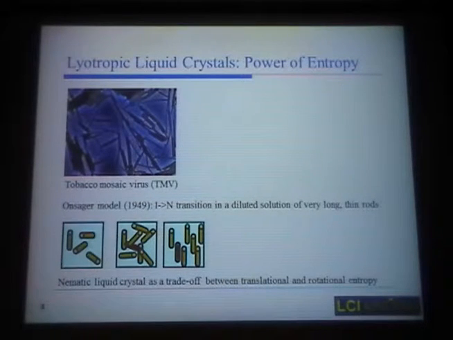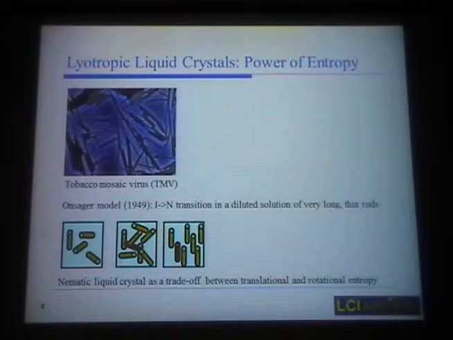And this is the photograph of the tobacco mosaic virus that inspired, not exactly this photograph, but a similar one, that inspired Onsager to consider a question whether the nematic type of ordering can occur in dispersions of long, thin rods dispersed in water. And his argument that it might happen was as follows. So consider that you have a dispersion and the concentration is small. So the rods will be distributed randomly to maximize the entropy of translational motion. But then if you increase the